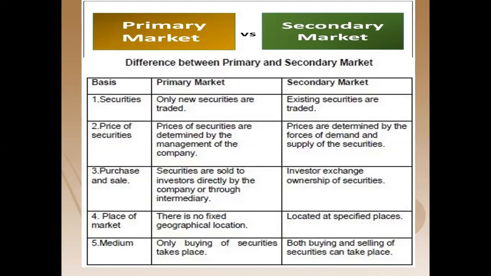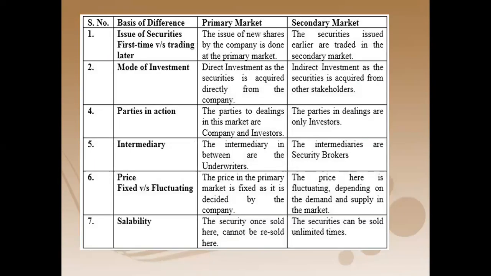Purchase and sale: securities are sold to the investors directly, right? As I already said, in the primary market, we are selling the security directly to the investors, and in the secondary market it's just an exchange of ownership. That is, ownership is transferred from Mr. A to Mr. B. Place of market: there is no fixed place for the primary market. It's the company's office or the banker's office. Whereas in the secondary market, we have BSE, NSE. We have a specific place for trading. Okay. Now the issue of securities: the issue of new shares by the company, yes, they are dealing in new securities. In the secondary market, security